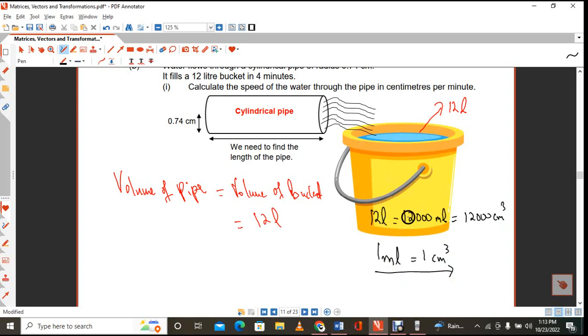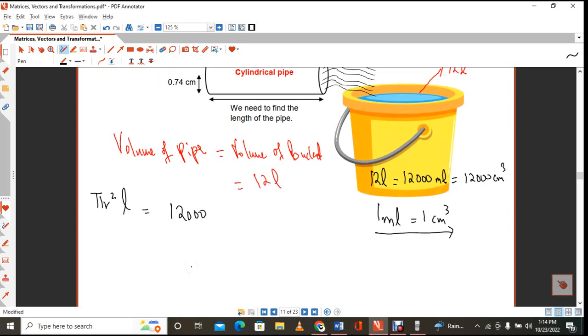So what I did is I changed the liters to milliliters, and then I know the volume of the pipe. Remember, the pipe is a cylinder, so the volume is pi r squared times the length. That is why I indicated here the length. That should equal the volume of the pipe, which is 12,000 cubic centimeters. We need to find the length of that, because remember, this is the cross section of that. So the length of the pipe